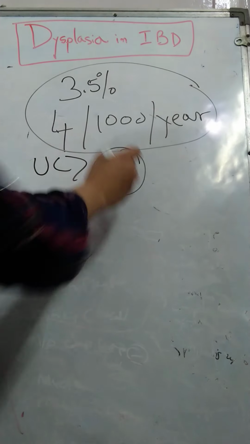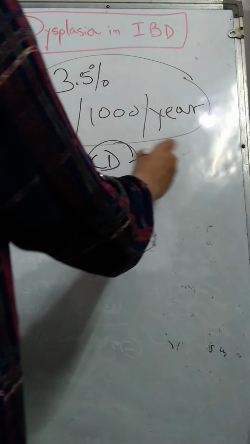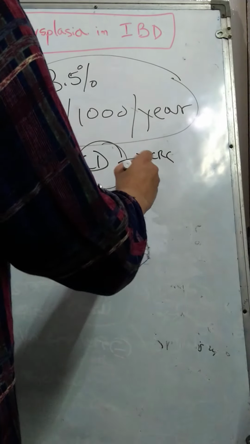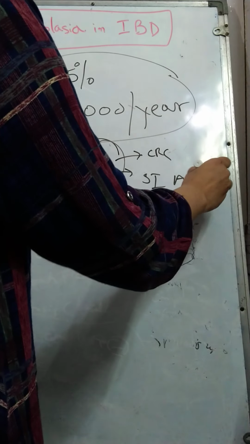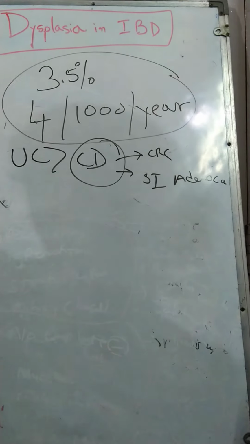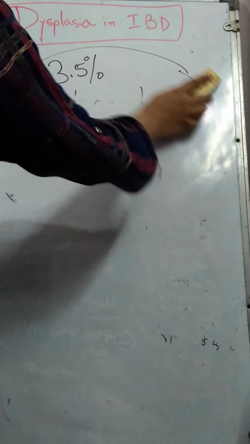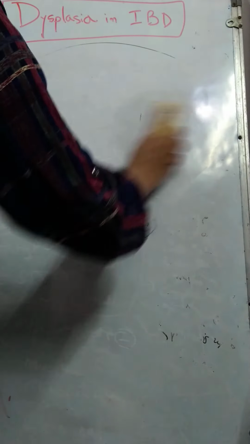But with Crohn's, the problem is, in addition to colorectal adenocarcinoma, there is also a small increase in risk of having a small intestine adenocarcinoma. So naturally, these patients are put in what is known as a colorectal adenocarcinoma surveillance program. Very prevalent in Western countries, maybe not so in our country.